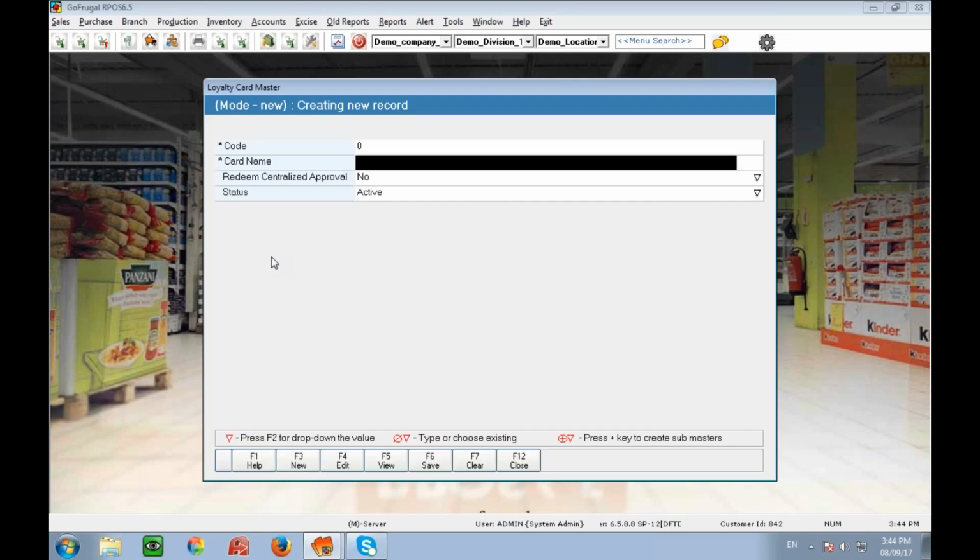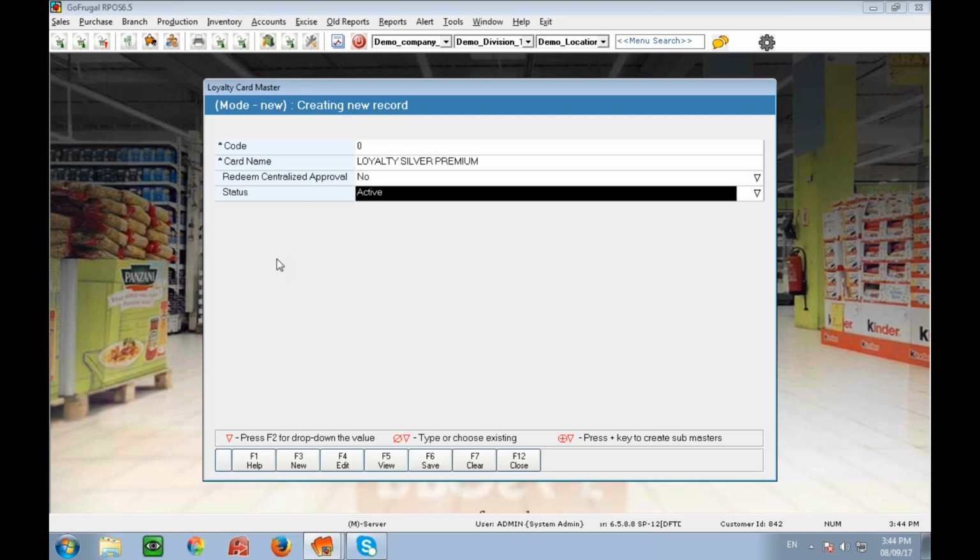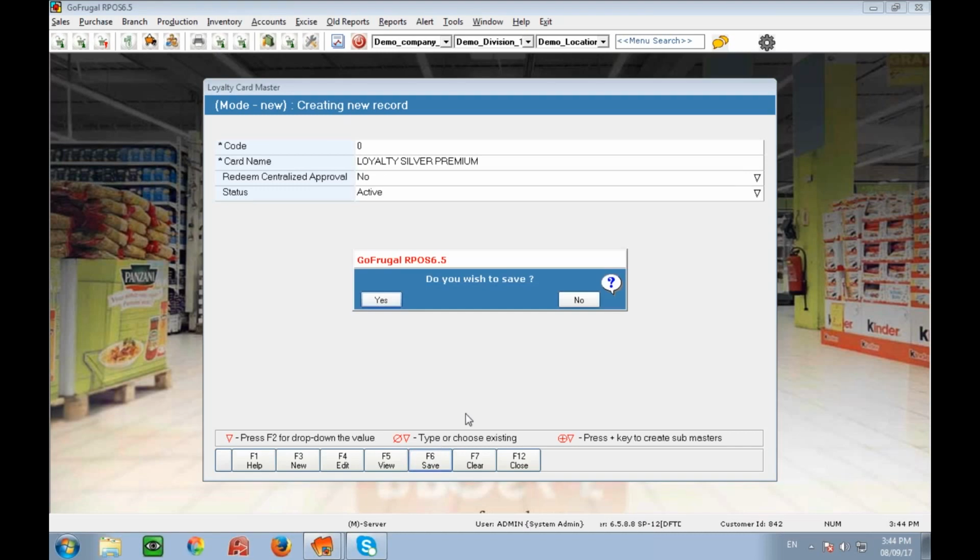You could be aware that in the market there is a practice like gold, platinum, and silver kind of loyalty cards. We'll go with that. I have created a card now.